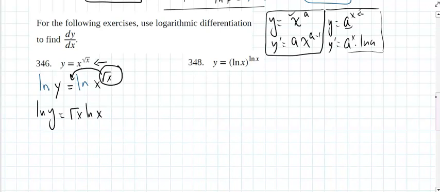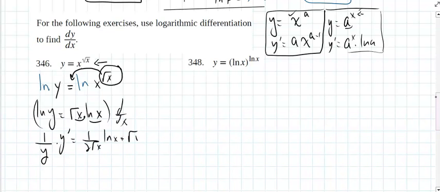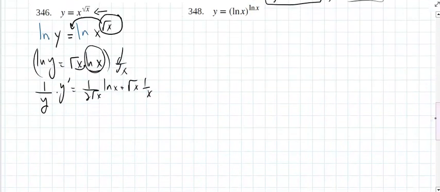And if I differentiate now, if I take a derivative with respect to x of both sides, the left side, derivative of a log is 1 over the argument times derivative of the argument, which is y prime. Here, do you see now I'm dealing with the product rule? Derivative of the first is 1 over twice radical x times the second, plus the first derivative of natural log of x is 1 over x. And all what I have to do is cross multiply